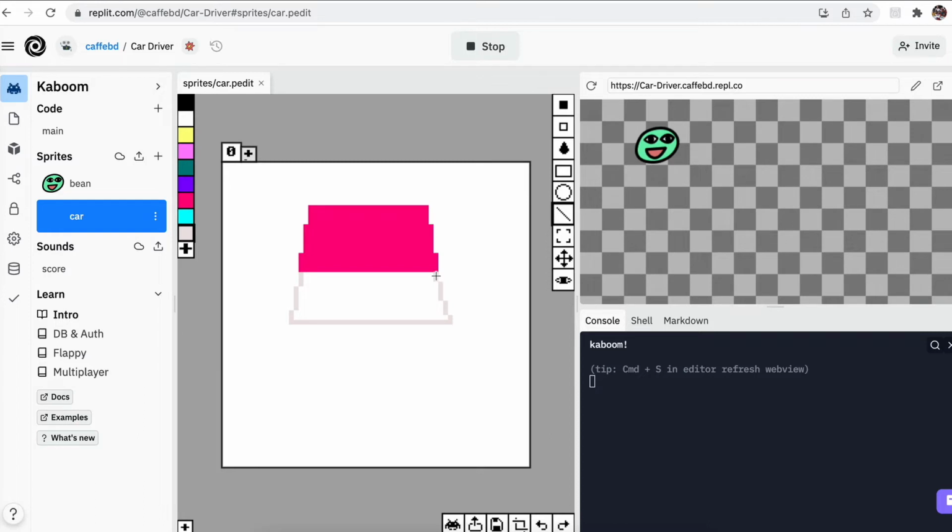Something like that, and fill that in. Then back to this red, I'm going to do the roof, and for the roof I'm just going to use this rectangle. Okay, is it looking like a car? Not really. And then the back